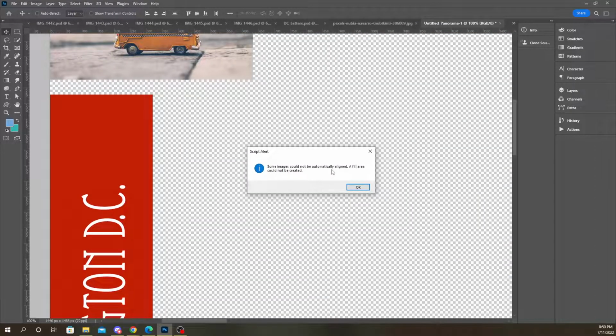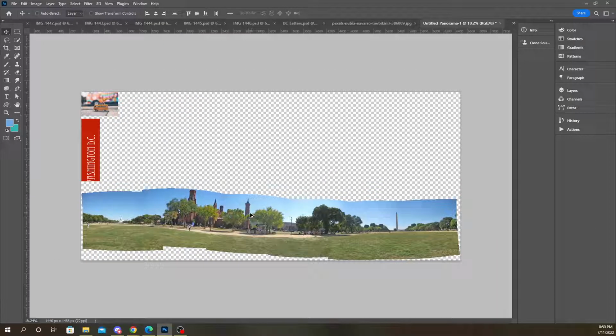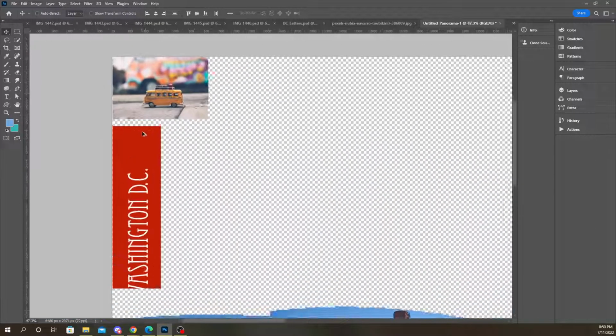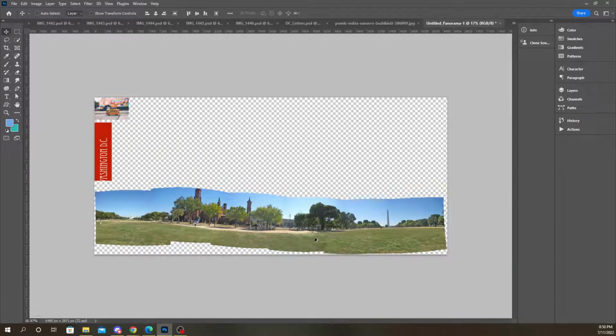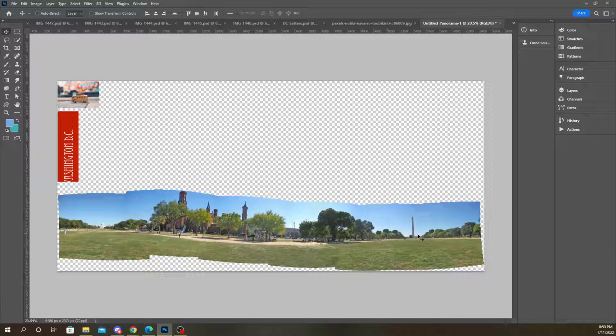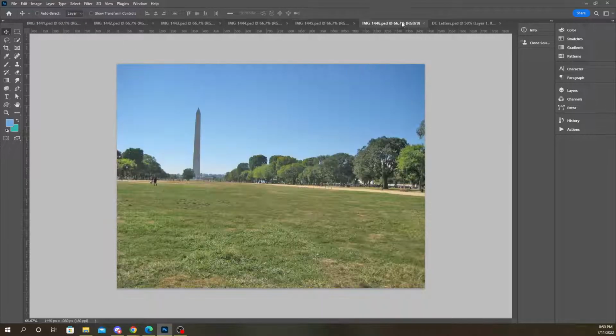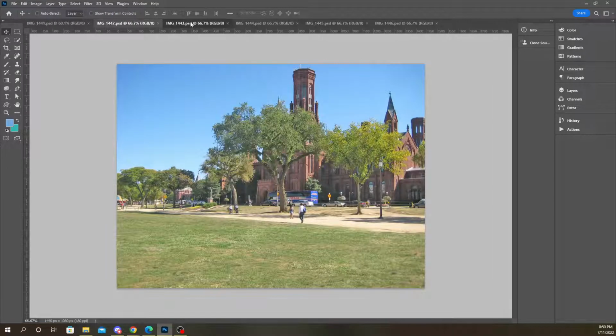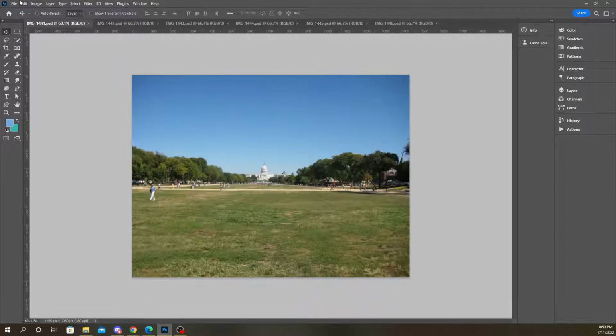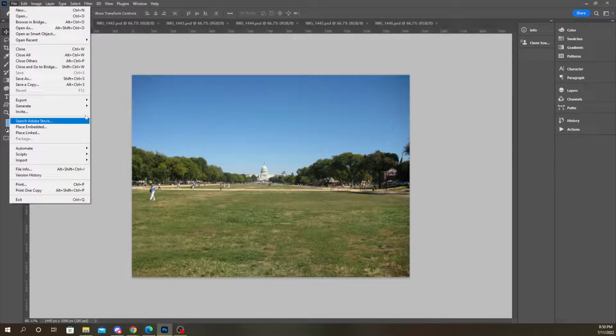Some images could not be automatically aligned. A fill area could not be created. So yeah, it didn't know what to do with these. So it just stuck them up there. But the rest of them got merged. So that's what's gonna happen if the image doesn't match. Okay, so just keep the ones that are supposed to be part of this panorama, and